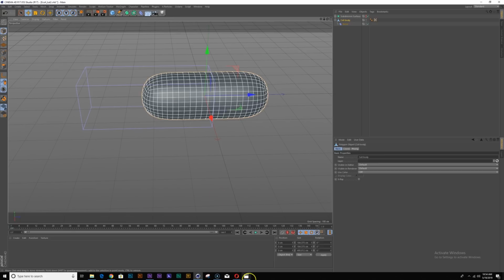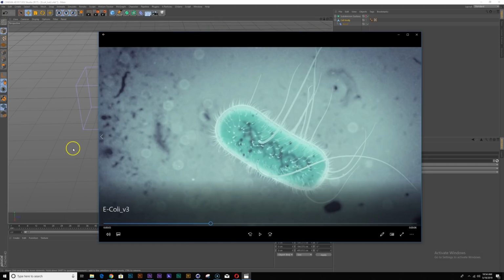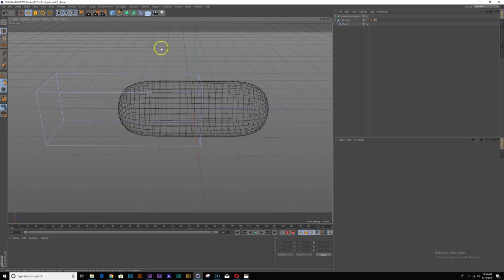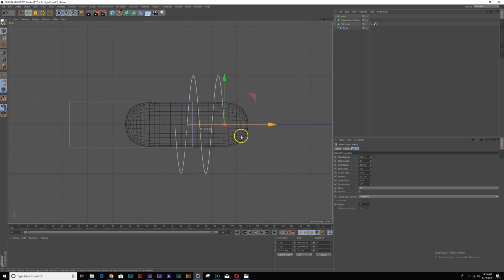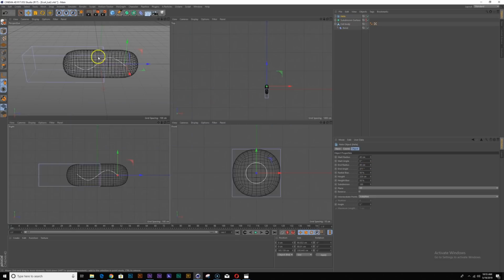So now let's add some of the stuff, looking at our reference, some of the stuff that's inside the cell, some organelles or DNA or whatever. It's nothing specific, but it's some cool stuff to look at. So to do that, I'm gonna add a helix. I'm gonna go to my right view, move this back, and let's change our radius, say 30 by 30. Let's increase the length of the helix, maybe 40 by 40, and turn down the angle so we have something like this.